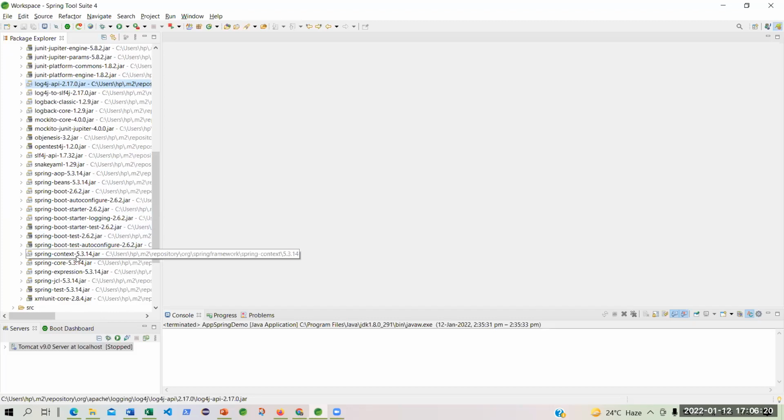That day we were discussing connector J, isn't it? The MySQL JDBC driver, connector J, that jar file will be also included.